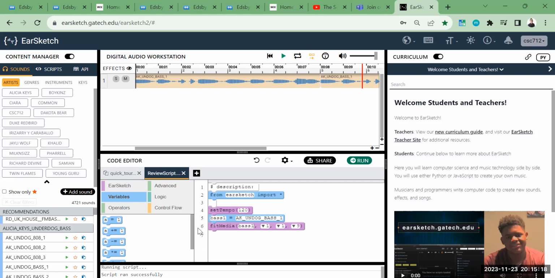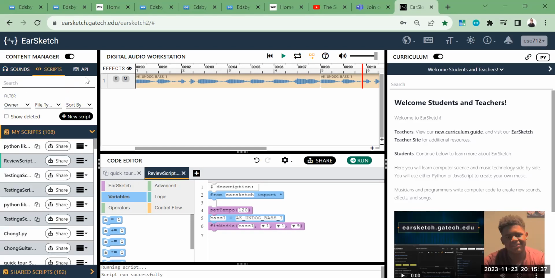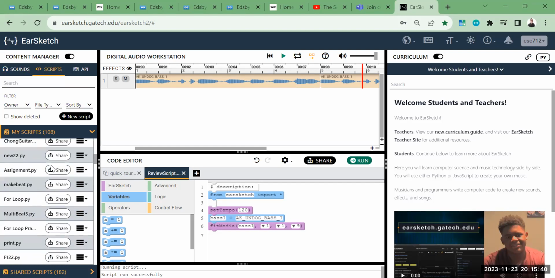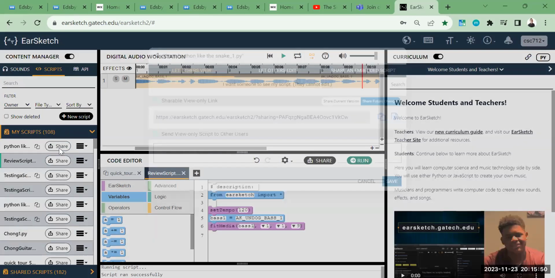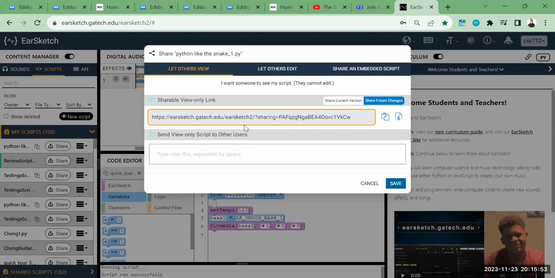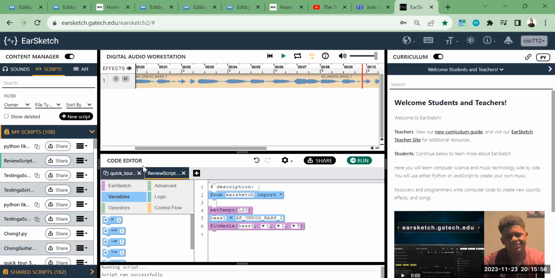Okay, now the last thing. The last time I showed us how to share by clicking the share button, but here's a new way of sharing. If you click on the left-hand side, we have scripts. So click on scripts. Here are all the different scripts I've worked on in the past. At the moment, you might not have as many. And you can either hit share and copy this link and share it to me, or, and this is now the preferable way,